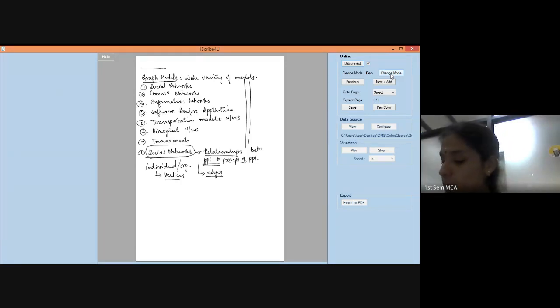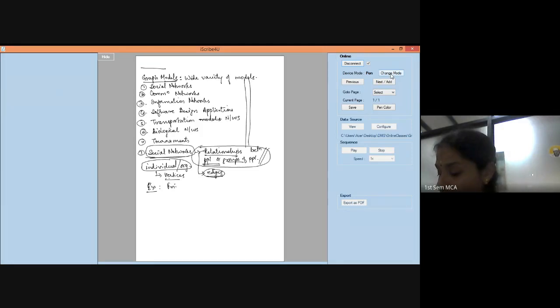Okay. Now, when I say we are representing social networks using graphs, social network means, as I told you, you are trying to represent some relationship between the people or the group of people. All right. Now, when I do that, how do I represent this kind of relationship between people using graphs? The individual person will become the vertices. The relationships between the individual persons or the groups will be represented as edges. For example, what are the examples we can take for social networks?